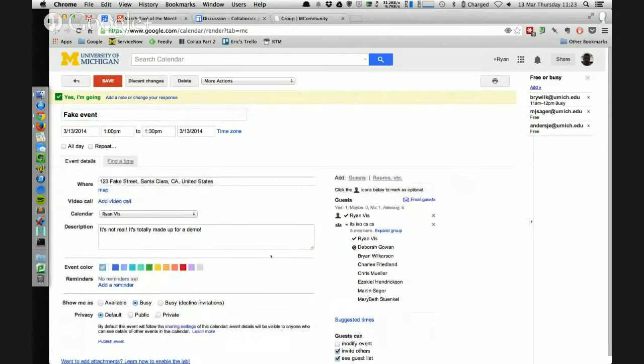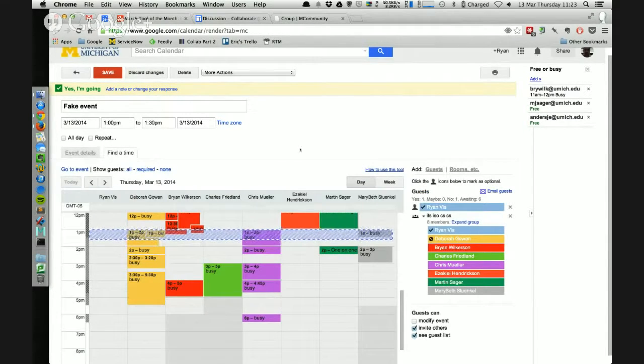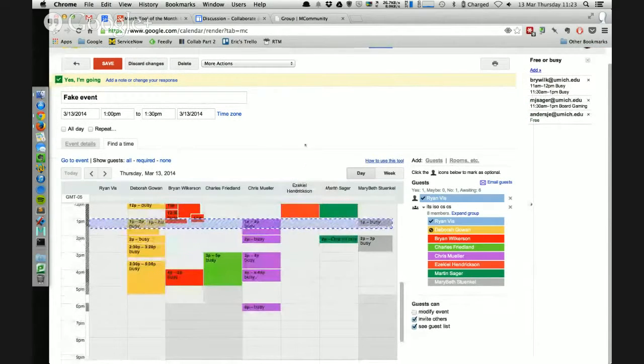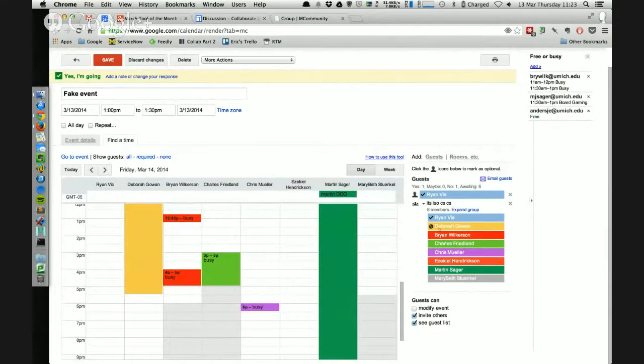Here's the event. I've added this group, but I didn't really know if everybody was available. I just typed in a time and sent them an event because that's when I wanted to have the meeting. But if you're trying to schedule with everybody's availability, this is actually kind of helpful. You can type in the group, we get the expansion, and then I can go to this Find a Time tab right here, and you'll notice that it shows all of the individuals. Once you do that, you can page through looking for availability.